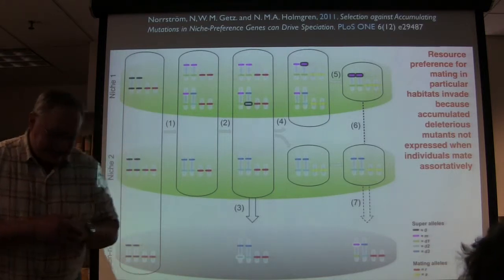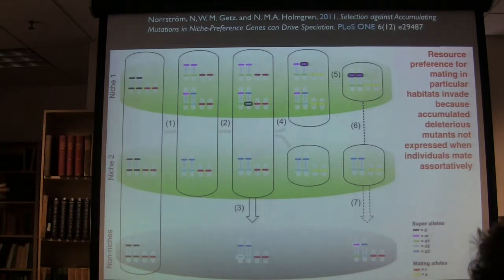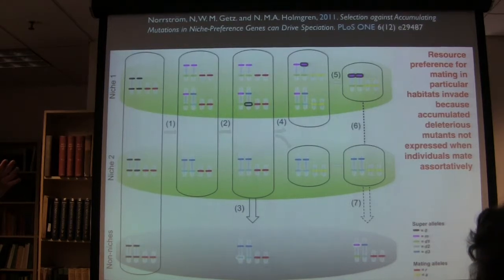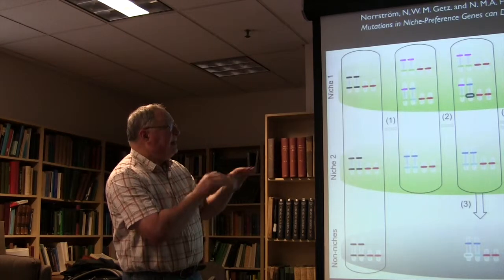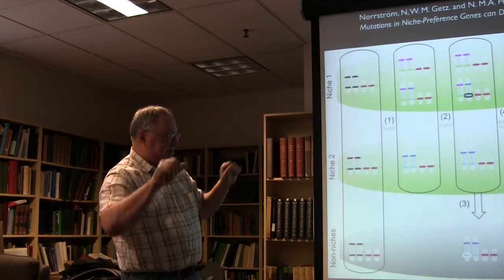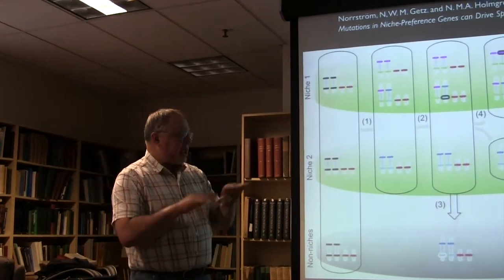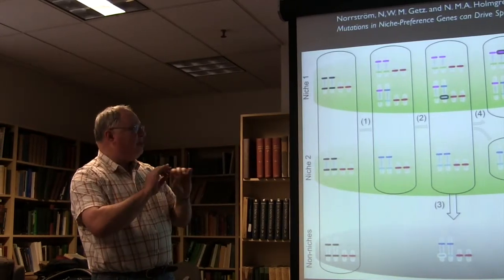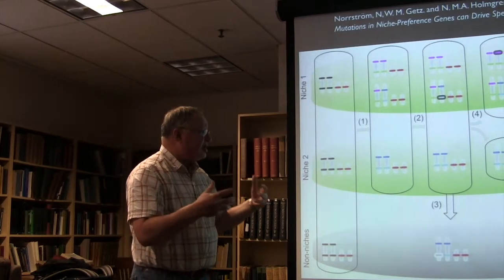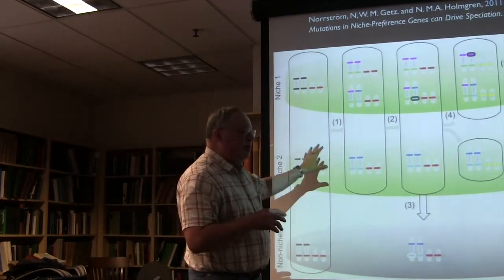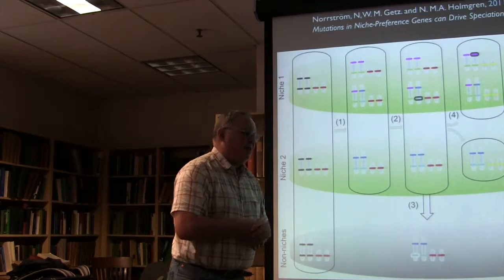So what's happening is that this system is rather interesting because deleterious mutants can accumulate as long as they're masked in terms of the behavior, and they are masked in terms of the choice behavior, where individuals are choosing different habitats, but when hybrids form, that masking is lost. And so this is a way in which the hybrids are less fit, and this is not what we put into the model, this is what emerged from the model.